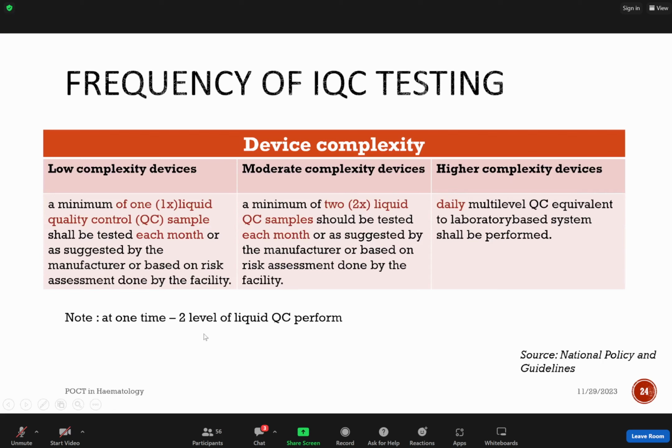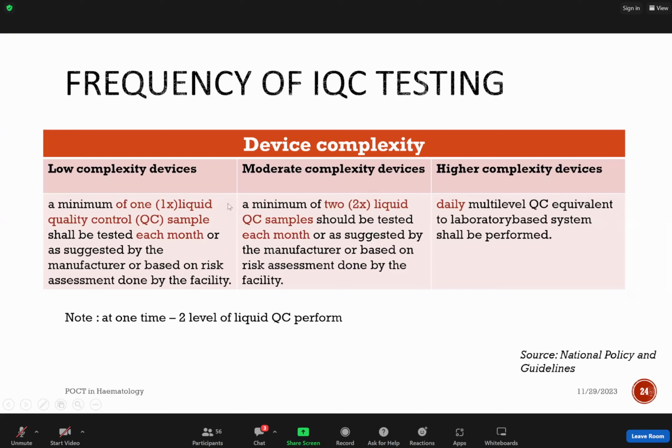Okay, at one time we have to run 2 levels of QC. Most of the time QC will have 2 levels, normal and abnormal. We have to run both, but only once for low complexity devices. Okay, the source is from the National Policy and Guideline. We give this guideline, but at the same time, the risk assessment also needs to be